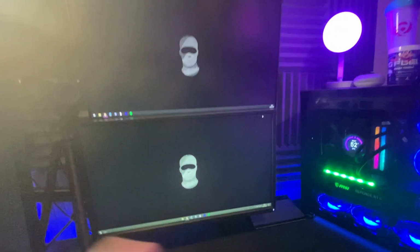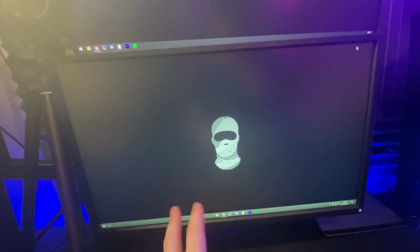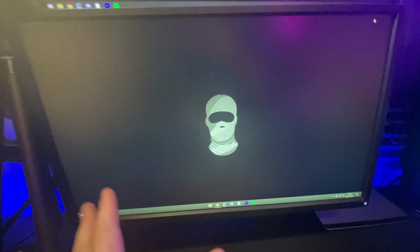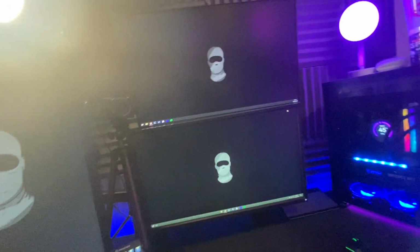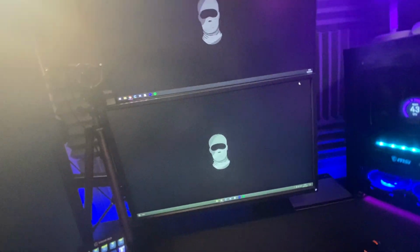You can see it right there. So that's how you do that in case you are curious. Cam links. All right, so onto the monitors. This is a 240Hz XL2545 monitor from BenQ. It's really sick. I've always trusted BenQs with monitors years and years ago, and I still will to